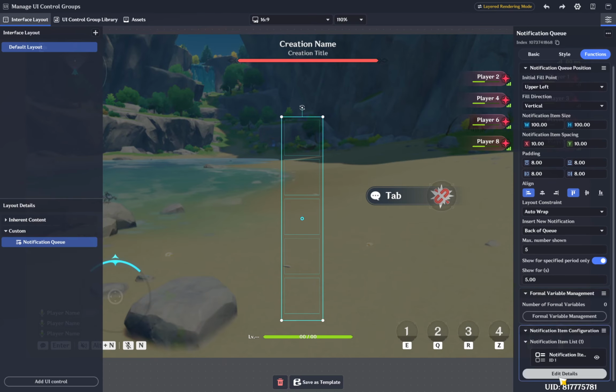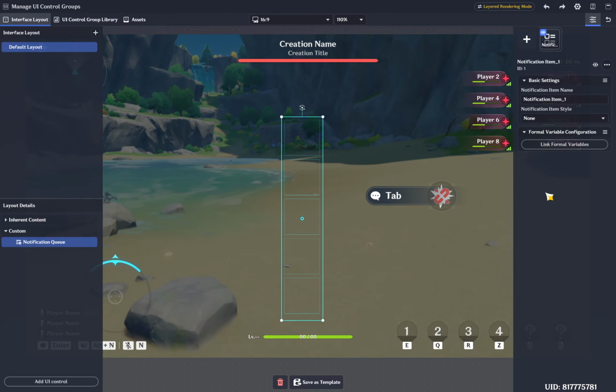Okay. So now let's edit this notification item configuration. So here I have one notification. Okay. Let's say this is for pyro item. So I will select the pyro style. Similarly, we can create one more. Let's say hydro item. This will have a hydro style. Now